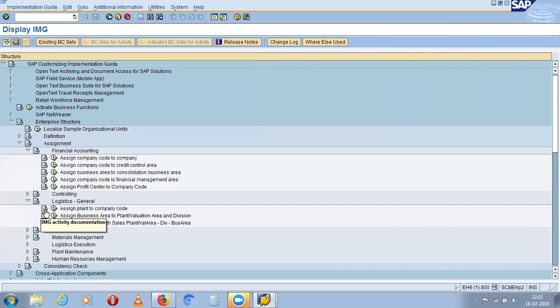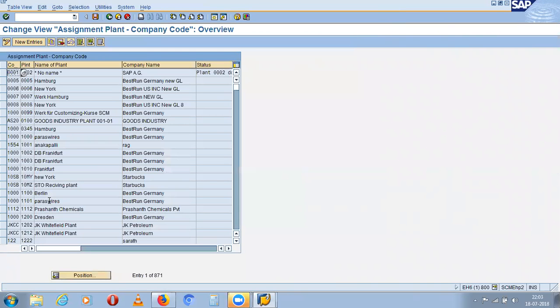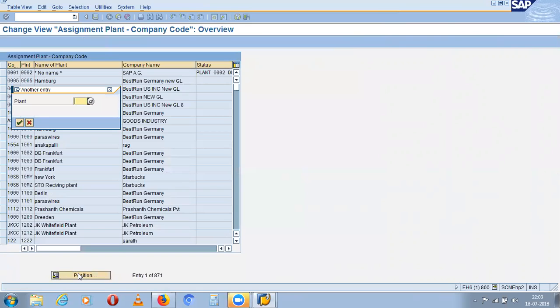Click on that. Now click on new entry. Click on position, plant, enter CP11.